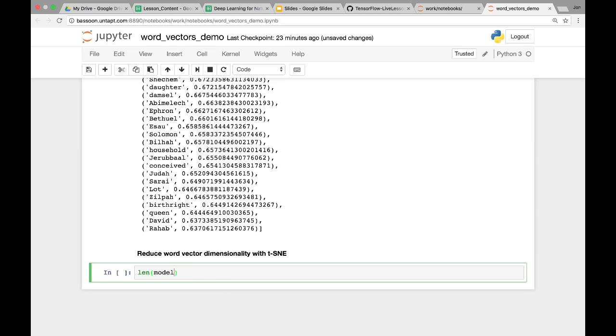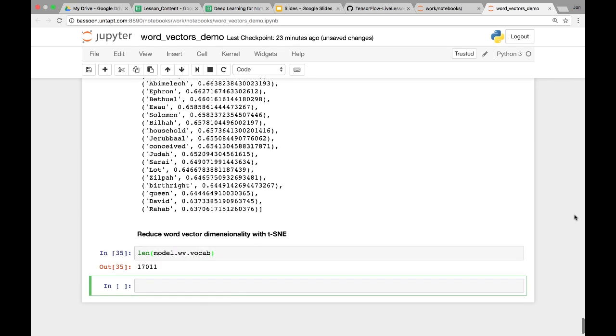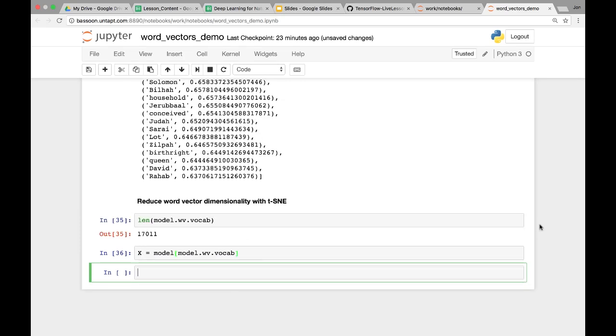So how many words do we have in our vocabulary? Well, we can look at it with this little lookup. So we have 17,000 words. So there were 17,000 words that occurred at least 5 times each in our corpus of 18 documents. And we're going to create a variable that captures for each of those words in our vocabulary the location in 64 dimensions. And then we can use tsne